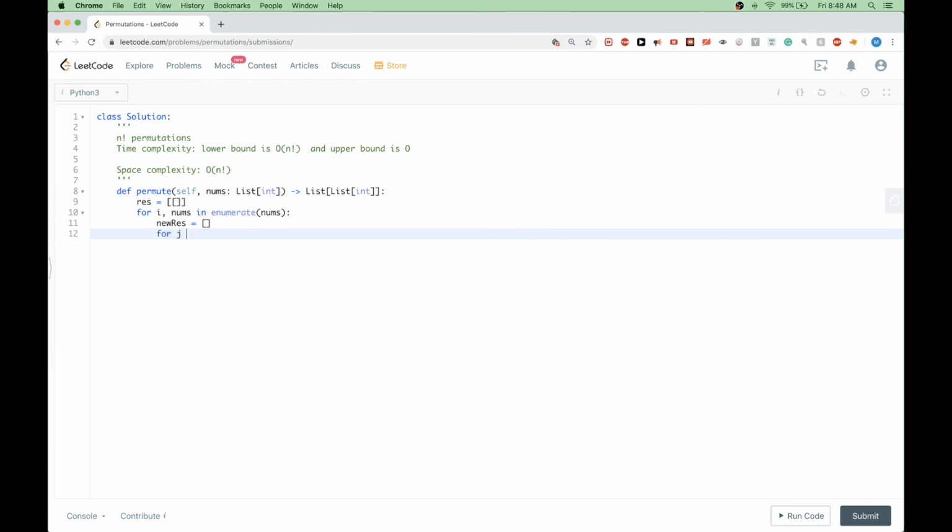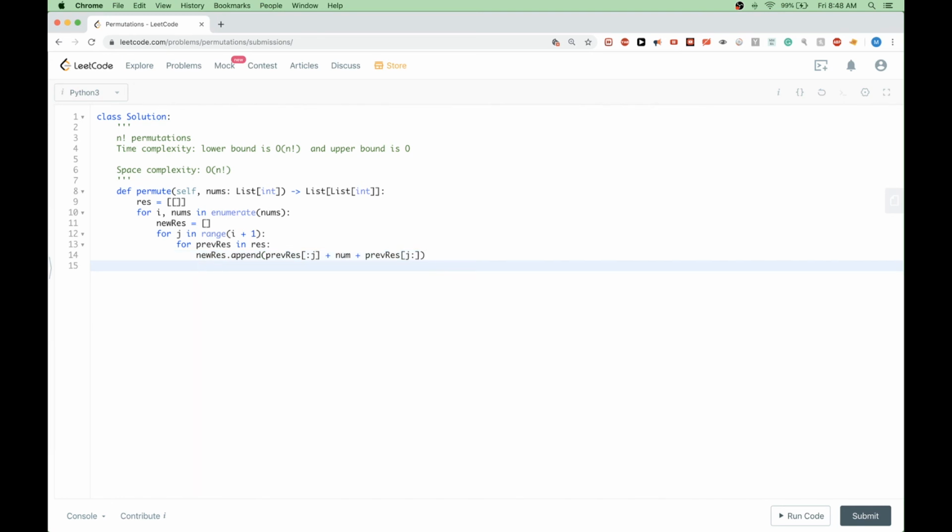And so we'll try to insert the element at each position in each permutation of the previous level. And so that would mean for each previous permutation, we will insert at position j and then add that to the new result. And so that would mean just take the previous result just before j, add the number, and then after j,